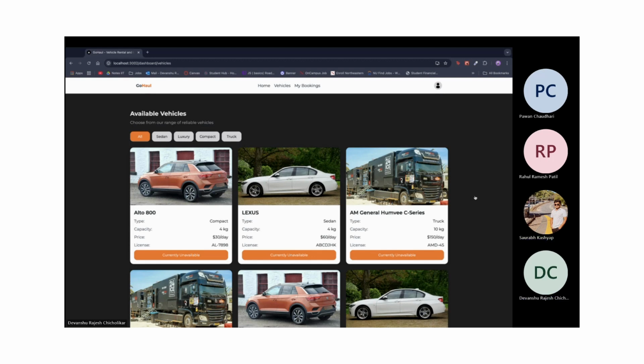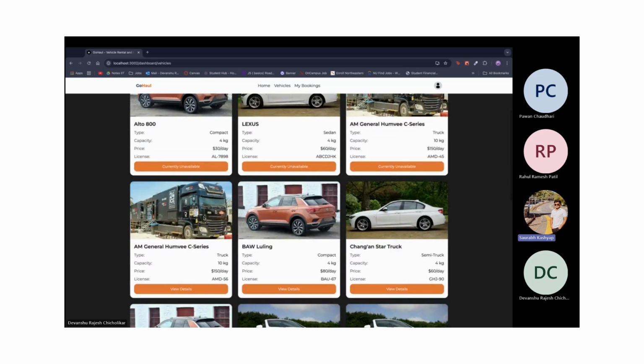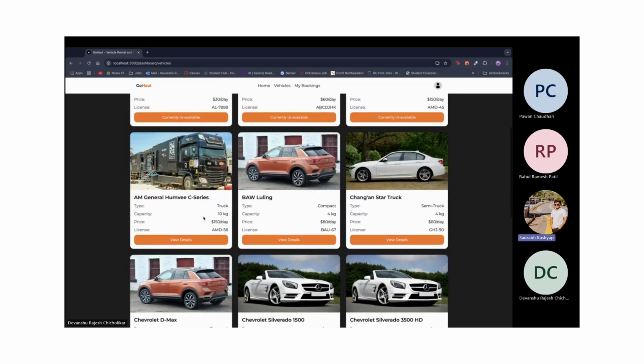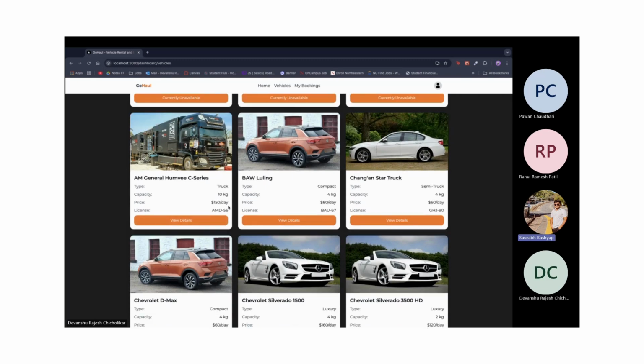Hello everyone. This page showcases our range of available vehicles, each displayed with detailed information. You can see here, it is designed using Next.js components on top of Next.js and React.js, ensuring a responsive and user-friendly interface. The backend integration fetches real-time data about all vehicles, availability and specification, enabling dynamic updates and seamless